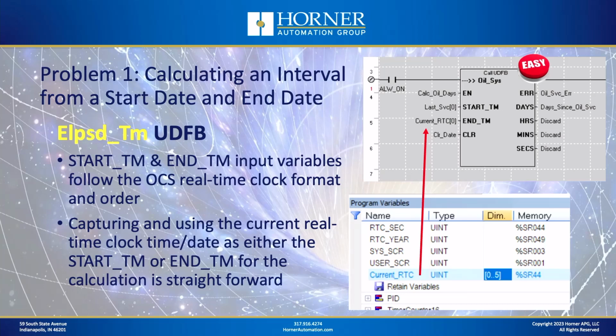Well, elsewhere in my program, I could have maybe a button on the screen that is pressed right after the service is performed, maybe by the maintenance person, and that single rung that is activated by that push button on the screen could capture the current time and store it away using a block move to the variable called last service. So again, it's real easy to populate these particular variables because they mimic the format of the Horner OCS real-time